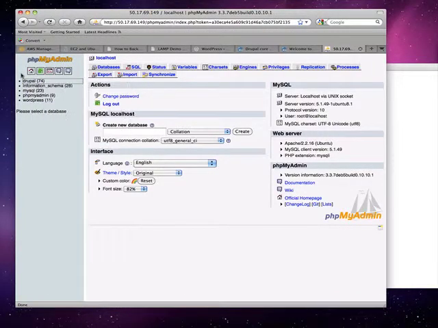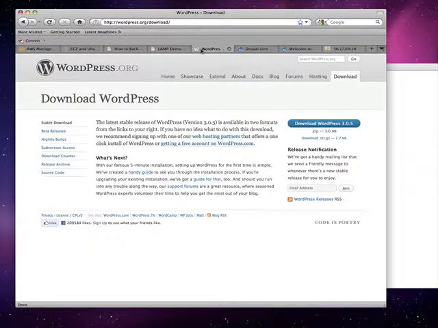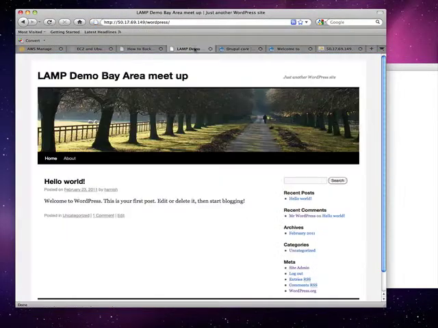See, Drupal has 74 tables that it created, installed. WordPress has its 11 tables that it created, installed on MySQL. And this is what you have: an instance up and running with both WordPress and Drupal at the same time.